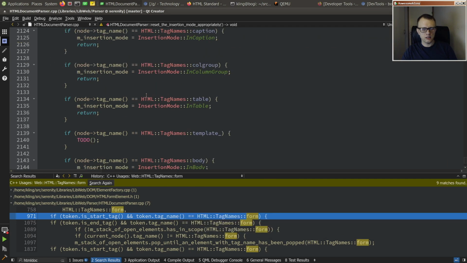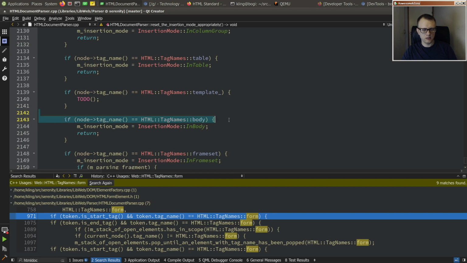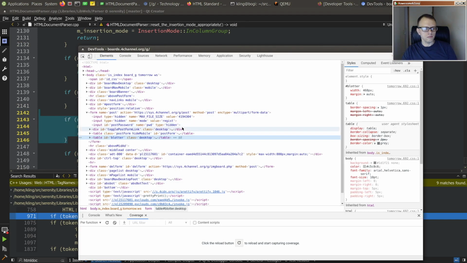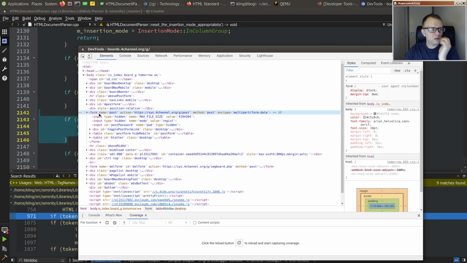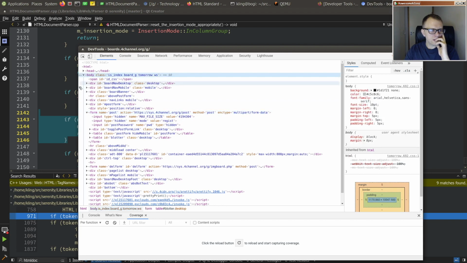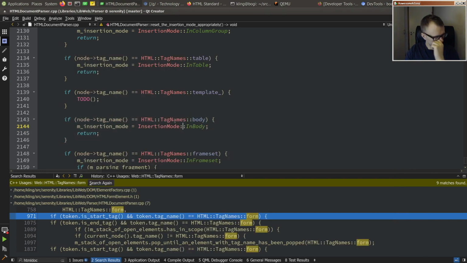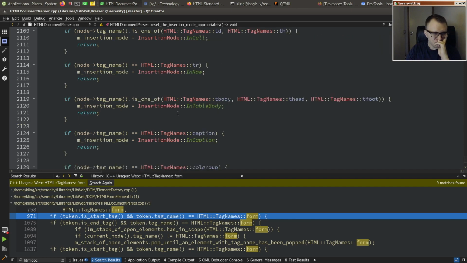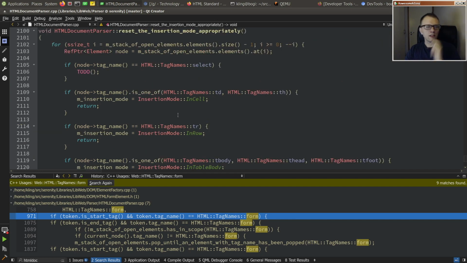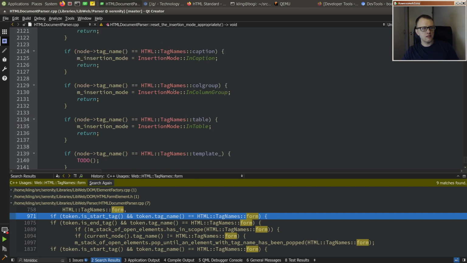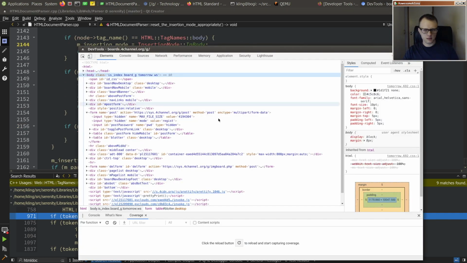Did we handle that in here somewhere? Yeah, here. So this form will hit this guy right here and then we'll switch to in-body. I think this is probably correct, but